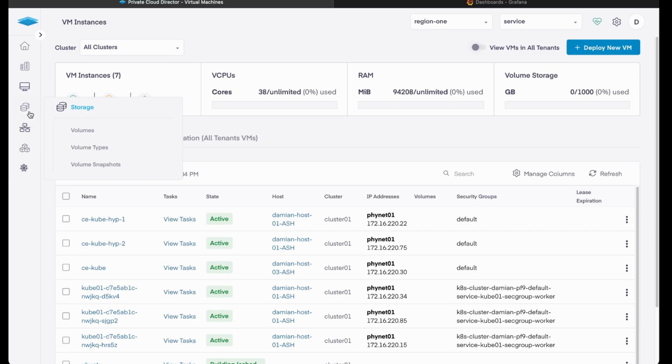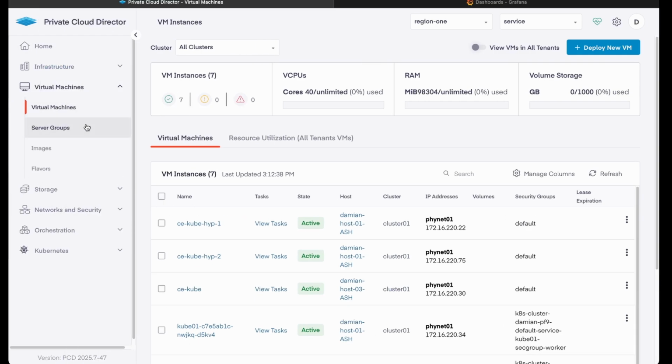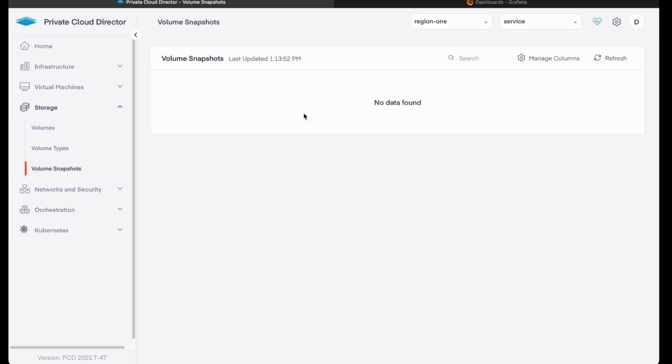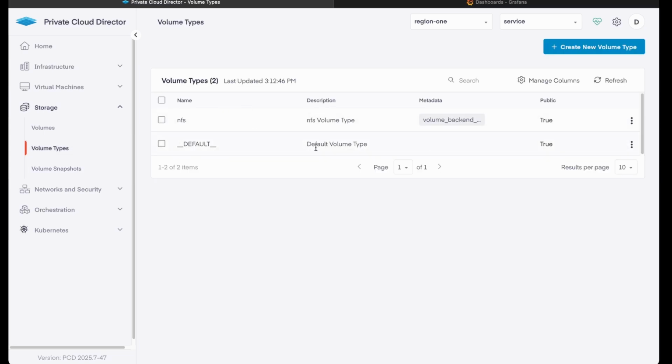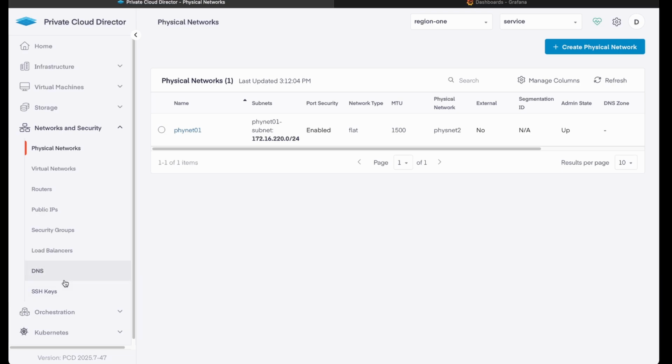We've done a little bit of other kind of moving around here. On the virtual machine tab, we have now put our images within that same tab. I'm gonna pop this open a little bit to make it easier to see. Storage, this is the same layout that we had previously. So you can see volume snapshots if I had any, the existing volume types and their backends, and then any provisioned volumes that I might have for my virtual machines. Networks and security are all the same. I do want to point out, though, that our